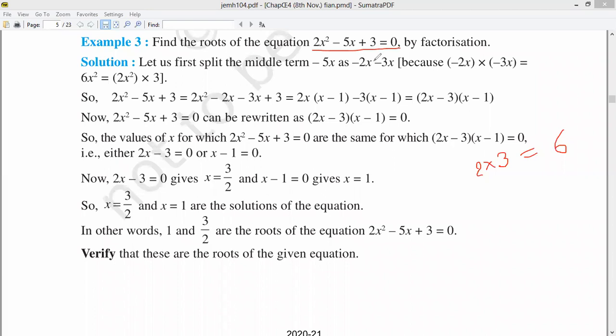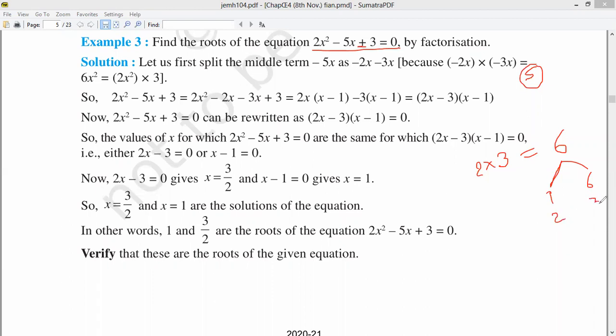So according to this sign, ये डिसाइड करता है कि हमें इस फैक्टर्स को प्लस करके x का कोफिशिएंट चाहिए या फिर माइनस करके कोफिशिएंट चाहिए. And the coefficient of x is 5. और यहाँ पर जो साइन है कांस्टेंट टर्म का, this is plus. सो हमें 6 के ऐसे फैक्टर करने हैं जिनको मल्टीप्लाई करने पर 6 आए और ऐड करने पर 5 आए. So we can see the factors of 6 as 1 into 6 and 2 into 3.